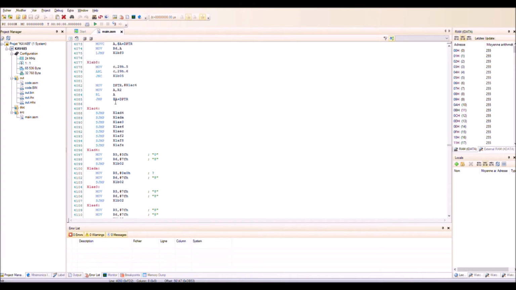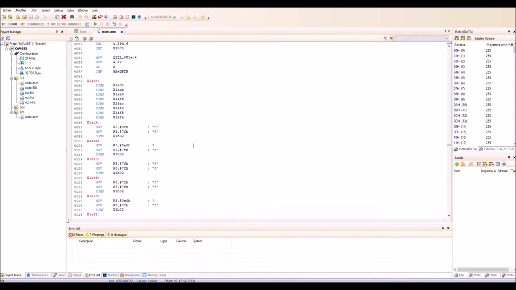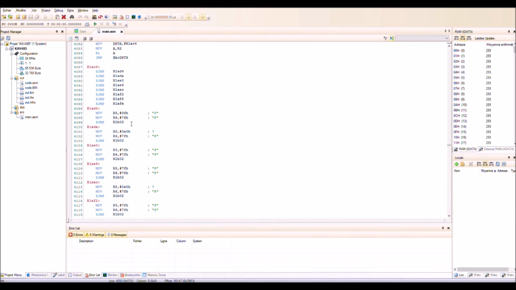And then there is a calculated jump with the offset of this table, which is DPTR, which is initialized here, which is this address. Then the value of this address is added with the value of A, and then there is a jump on one of these particular addresses. And on this particular address, R5 and R6 represent actually two different digits, one on the vertical speed display and the second one on the altitude.